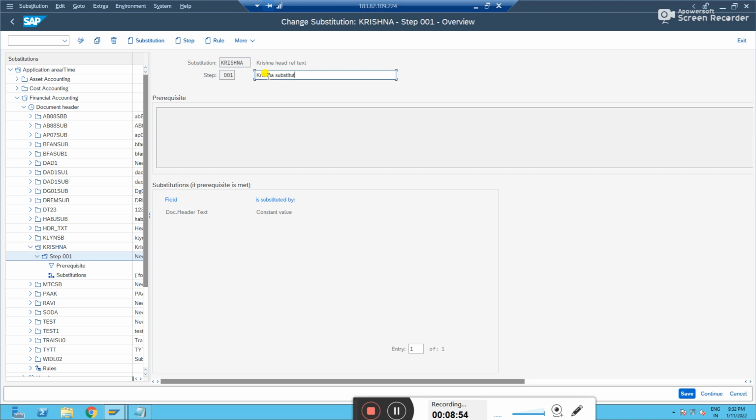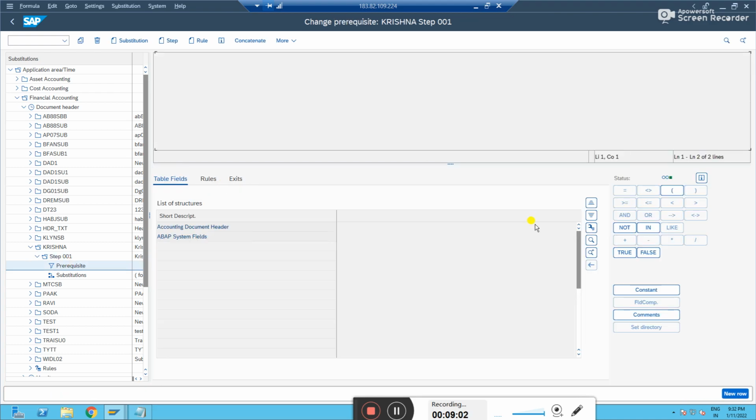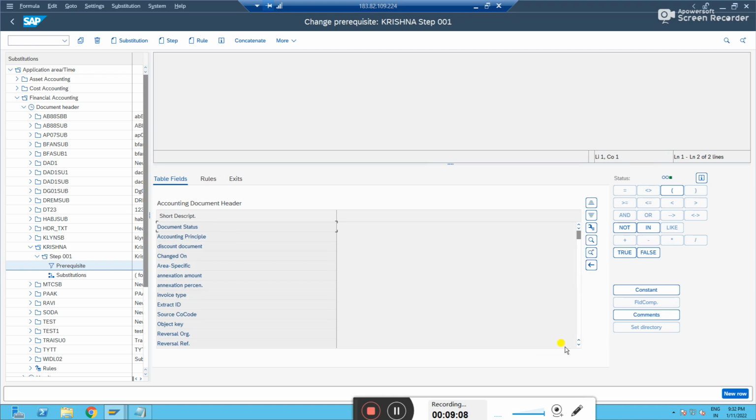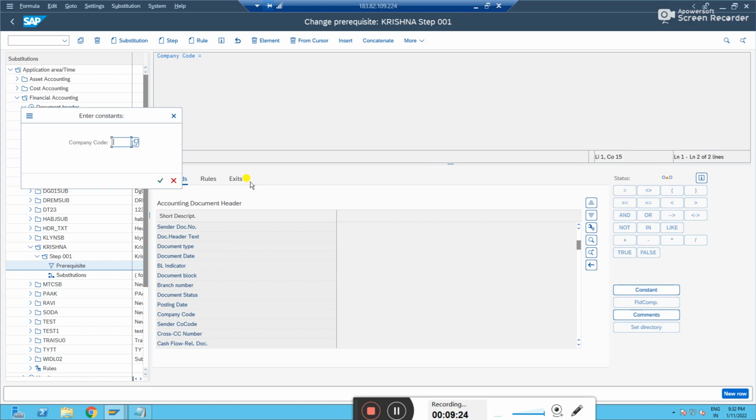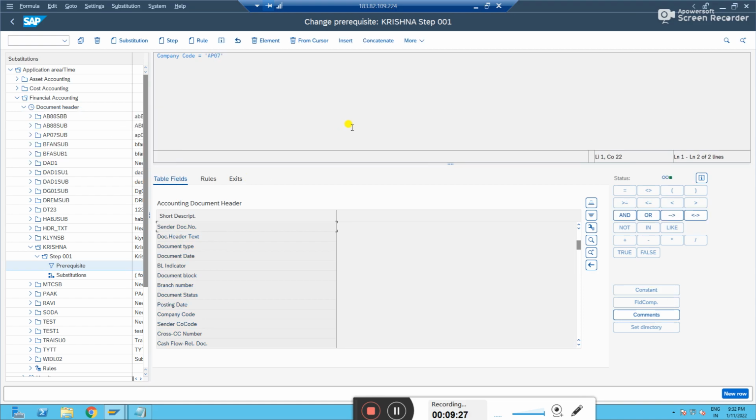Substitution. Okay, save it. Then you give the prerequisite. Yeah, prerequisite, yes, you need to tell. So what is your prerequisite? Again, you need to find the company code. Okay, somewhere here you have a company code. Yeah, select for which company code this should work. It's not at client level. Again, I am doing a restriction at a legal entity company code level. And what I'm doing is on document header text.